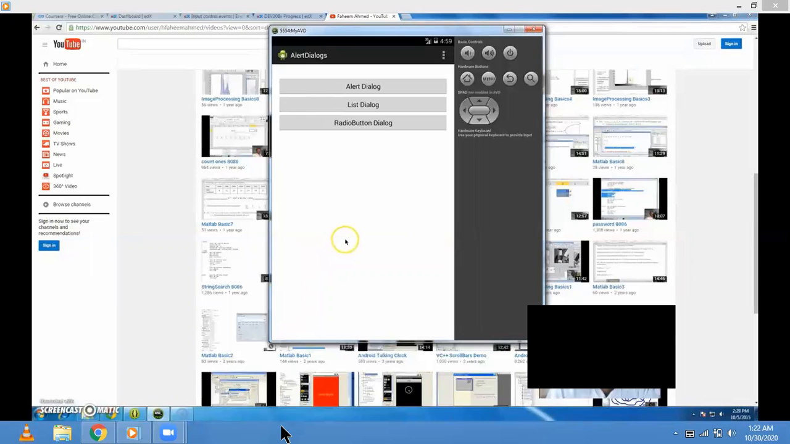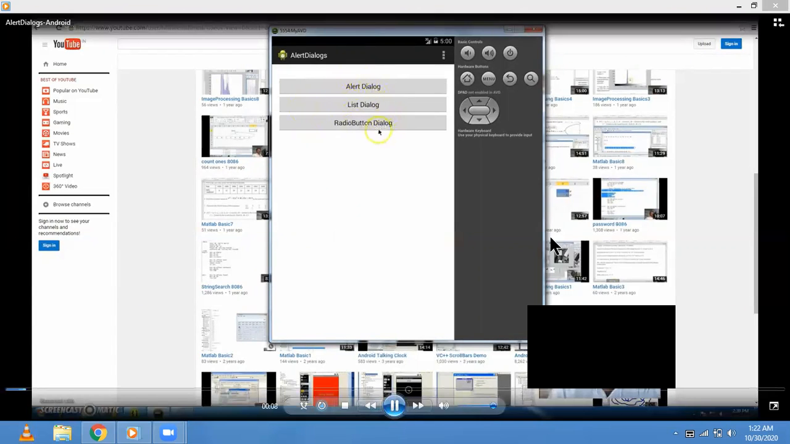Hello, good evening. This class we shall discuss one Android application which displays various types of alert dialogs. Say here, for example, if we click this button,